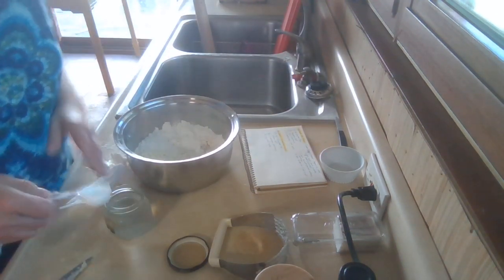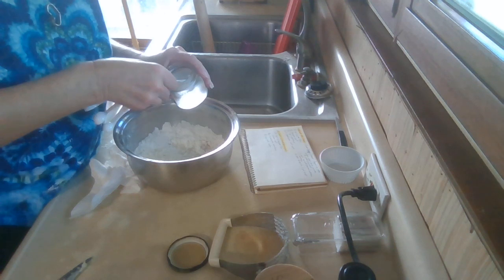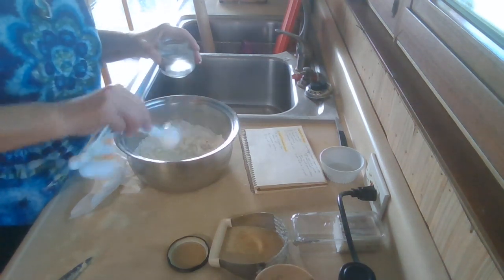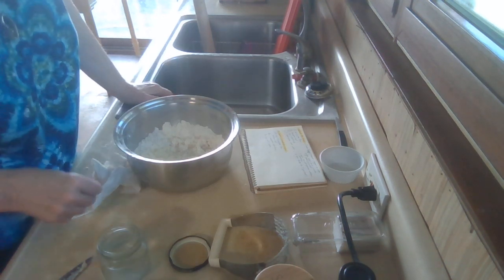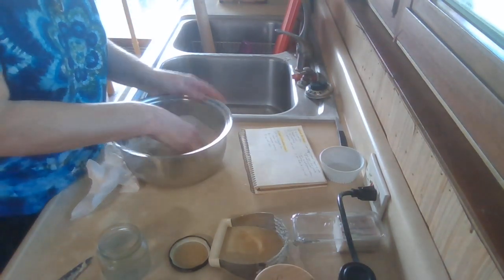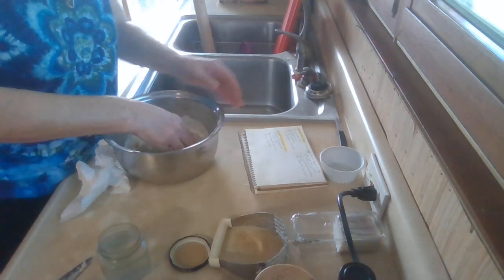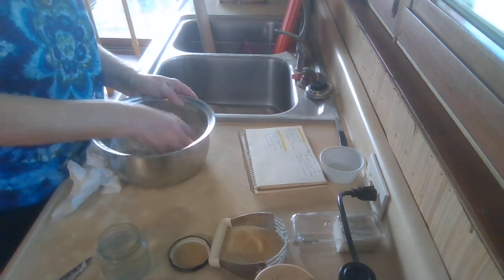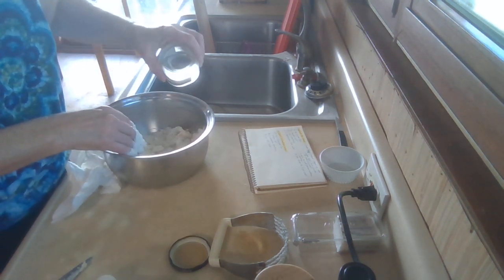Now I'm going to add 2 to 3 tablespoons of water. Now when I made it the last time, when I made the apple cobbler, I told you it doesn't always take all the water that it says it'll take. Depends on the humidity and all that. Now I'm gonna mix this with my hands. It's just easier to me. Okay, I have 2 tablespoons of water in here. And just turn it around, being quick. You don't want to spend a lot of time mashing on it, and the whole time you're turning and pressing on it,